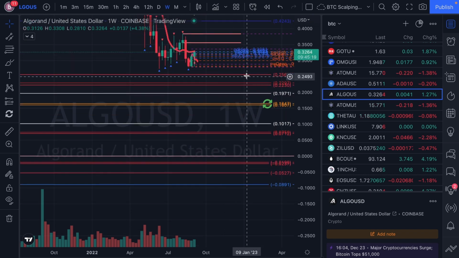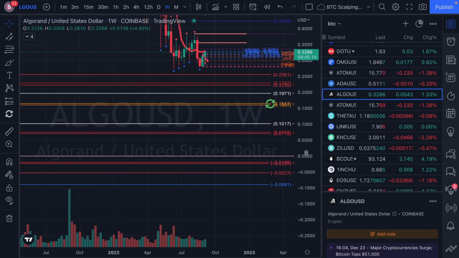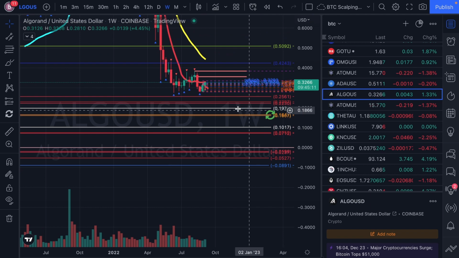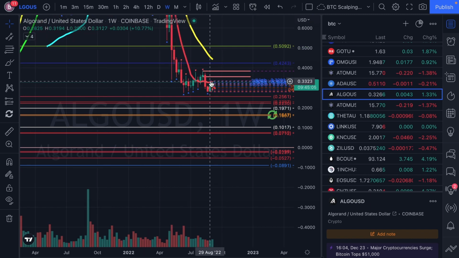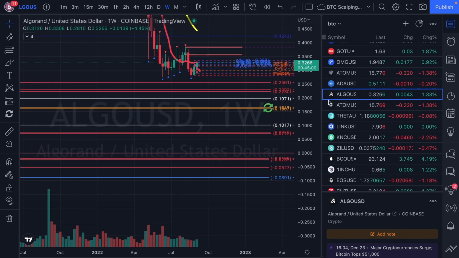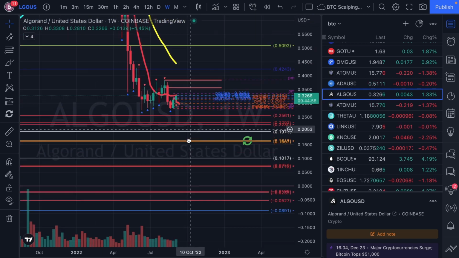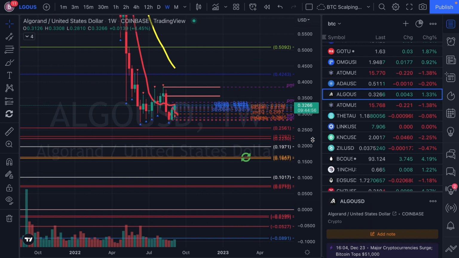If this area starts failing, here's your order block, this 19, and here's your golden pocket. We went along the golden pocket. So that's where I will try to take my long, in this box right here. There's no point in me trying to touch it over here because we're too close to the short area. So if it gets accumulated here, I can give you, hold on, we're on a weekly. So on a weekly